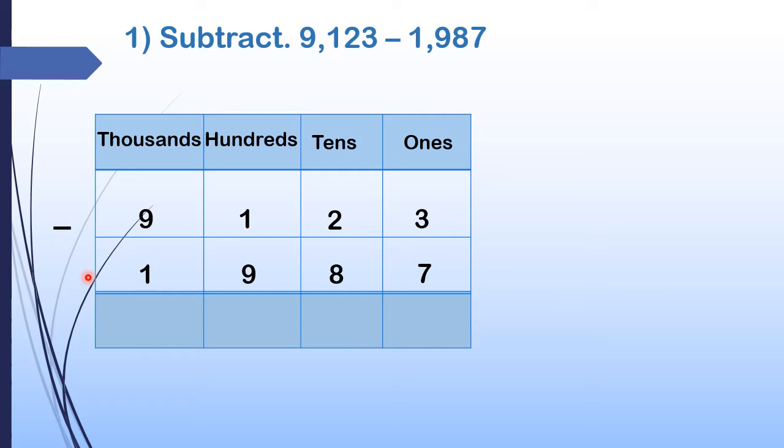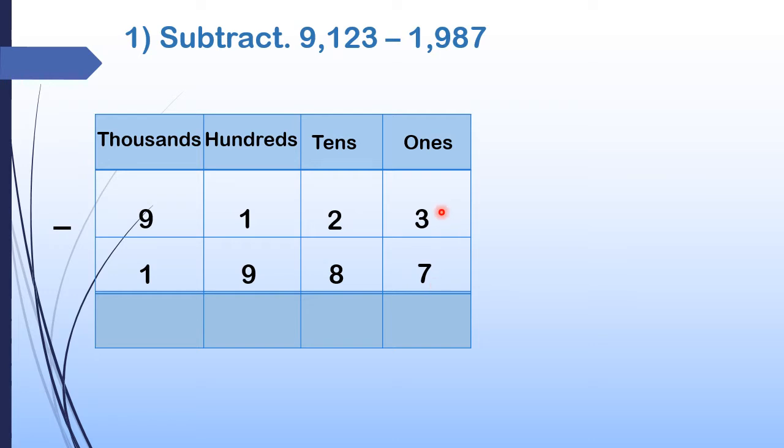So what is the next step? Then you have to write the subtraction symbol. So this is the minus symbol. So next, from where do we have to start the subtraction? Yes, from the ones place we have to start. Okay, then move on to tens, then hundreds, then thousands. So first we have to subtract from the ones column. So here 3 minus 7. So we have to subtract 7 from 3.